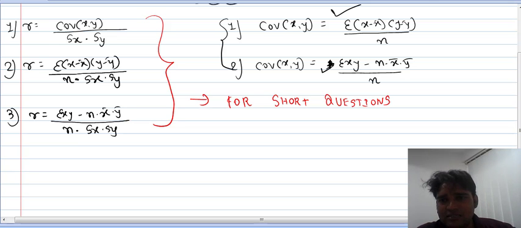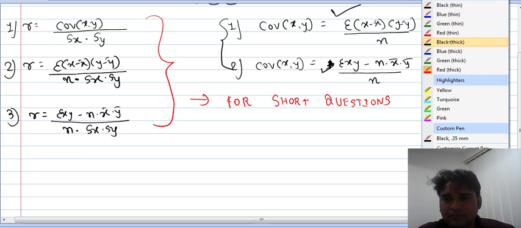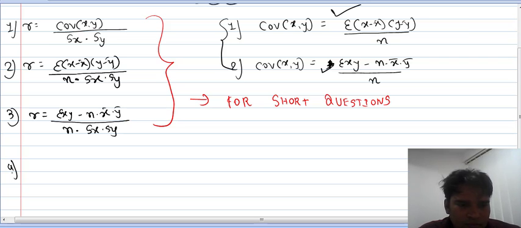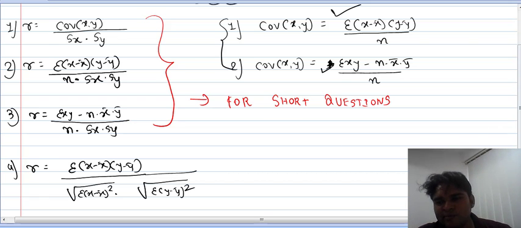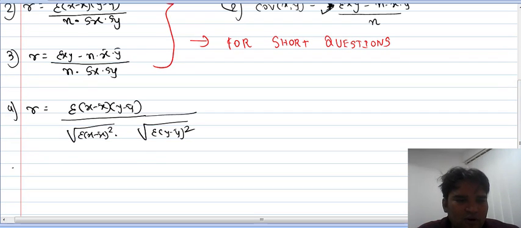Now we will discuss the fourth formula. This formula is very simple. R is equal to sigma x minus x bar, y minus y bar upon under root sigma x minus x bar whole square into sigma y minus y bar whole square. Then the fifth formula, R is equal to n sigma xy minus sigma x